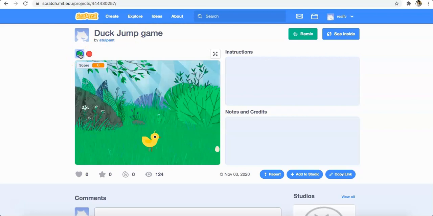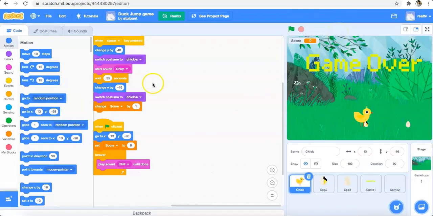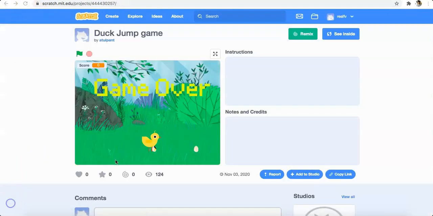So basically you can remix this game also. Remix means you can contribute more in terms of code and enhance such kinds of projects. And we can also see inside this particular game whatever the code is written here. So we'll come to this interface later in the class, but for now I would request you to visit a